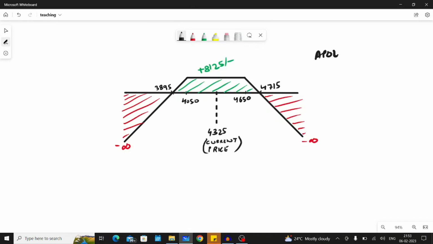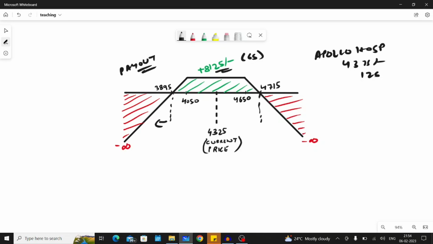Now, just quickly have an overview. So, Apollo Hospital was traded at 4,325 rupees, and the lot size was 125. And this is the payout graph. Okay, so we are going to make a profit of a total of 65 points, that would be 8,125 rupees. And if the price moves below this break even point or above this break even point, we are going to make a loss. And what is the capital required to do this transaction? It is somewhere around 1.2 lakh rupees,